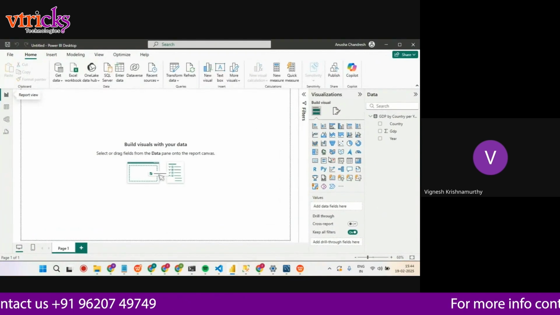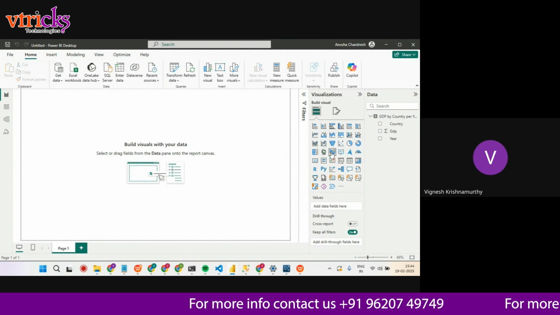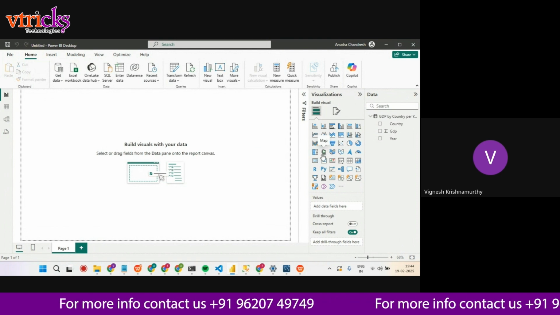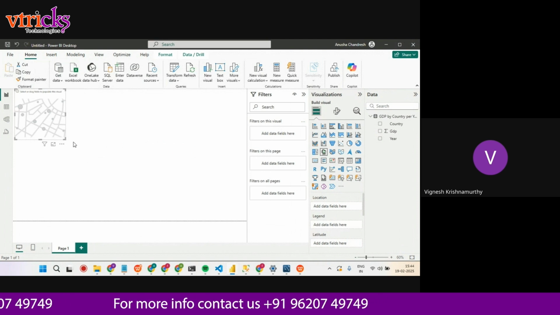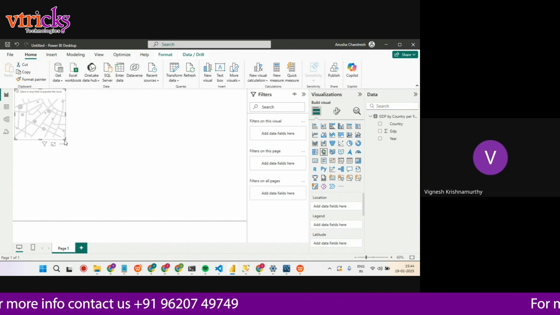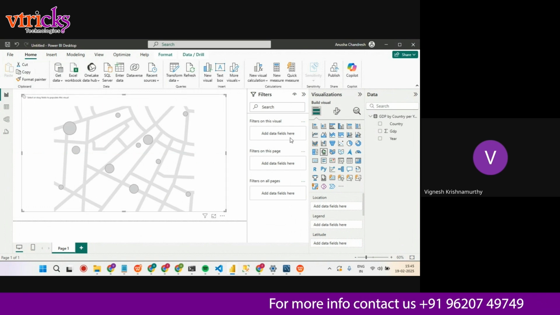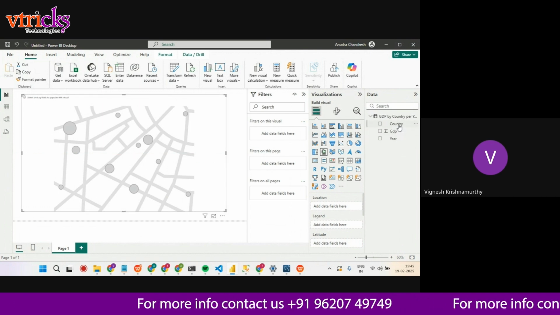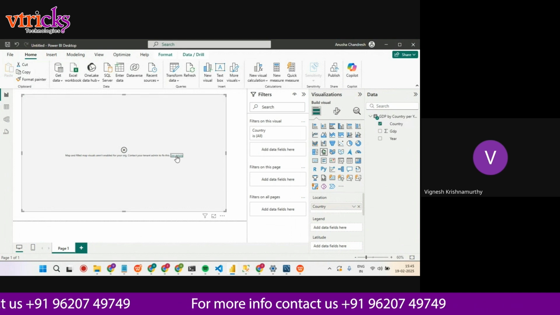So we have to use a symbol map. This is the filled map visual, or this is the filled map. We have to use the map visual if you want to use symbol maps. Using symbol maps, you have to use the map visual in Power BI. You have to select that map visual and put country in location. What are the countries you have? And I'll